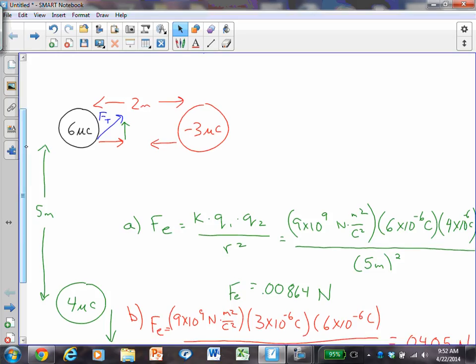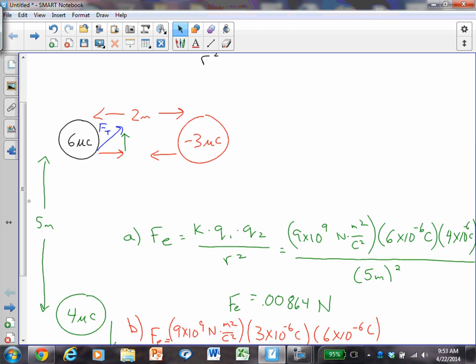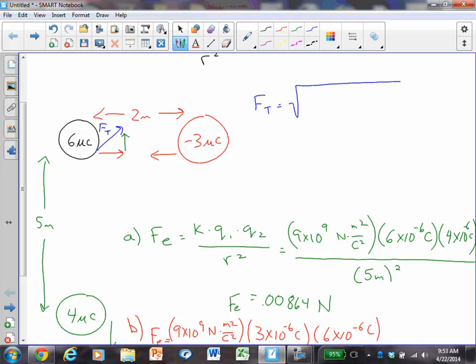And so the red is the what component? X. And the green is the... So if I want to get the total force now, as it says in part C, what do I have to do? That's right, add them. So F total will be the square root of 0.00864